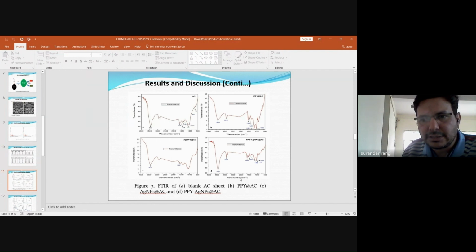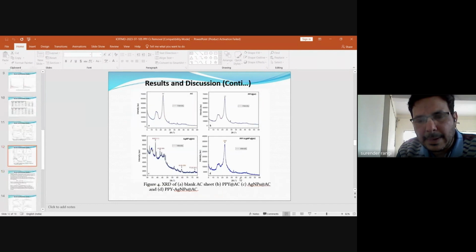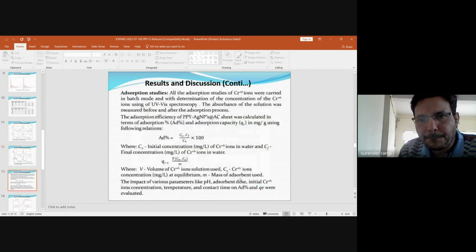This is the FTIR spectrum, which clearly ensures the formation of polypyrrole and the encapsulation of Ag nanoparticles onto the activated charcoal. And these are the XRD images, which show the semi-crystalline nature of activated charcoal, and the AgNPs can also be seen from the XRD pattern in figure 4C. The adsorption studies are carried out in batch mode, and the adsorption efficiency and